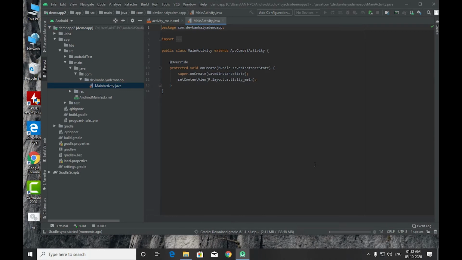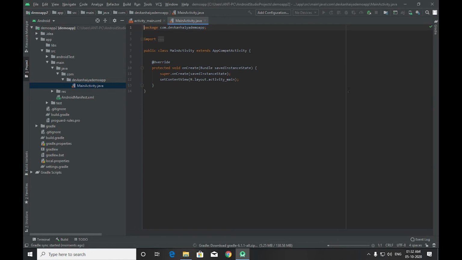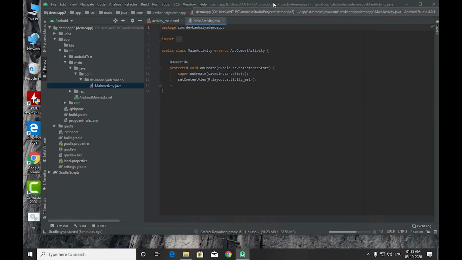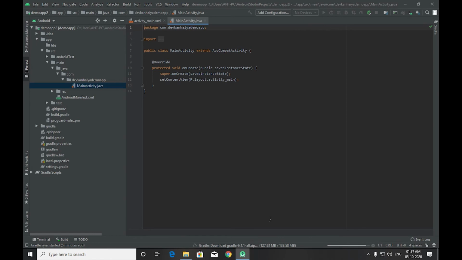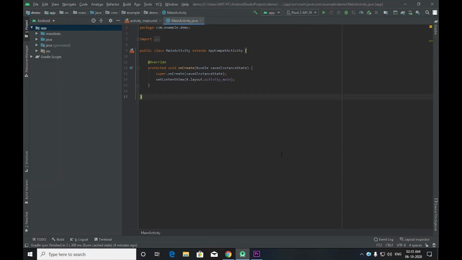As you see on the bottom right side, the tools required for Android Studio will be downloaded here. So it's going to take a lot more time, like half an hour or more. I will just fast forward. Be sure to have good internet when you install Android Studio. These latest versions are very tricky.